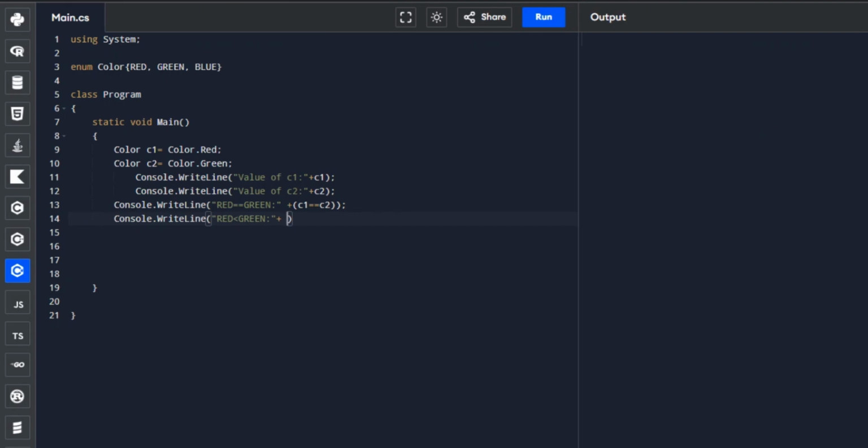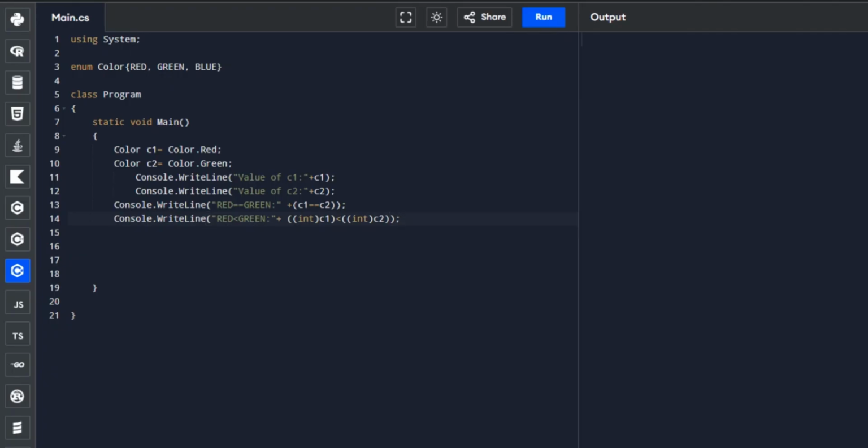Okay, so this part requires casting, wherein we convert the enumeration to an integer for us to compare the value. Hmm, I forgot the semicolon again.